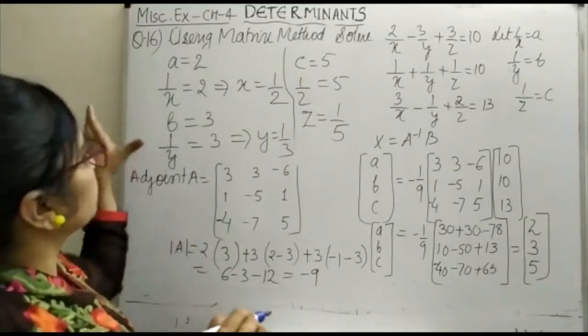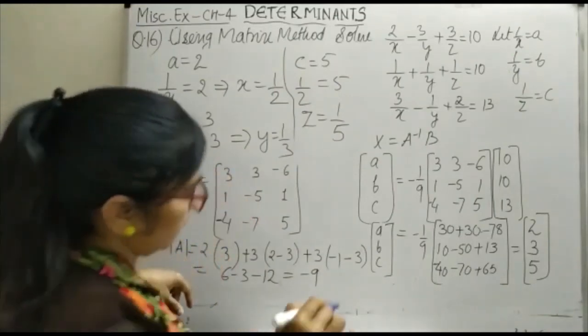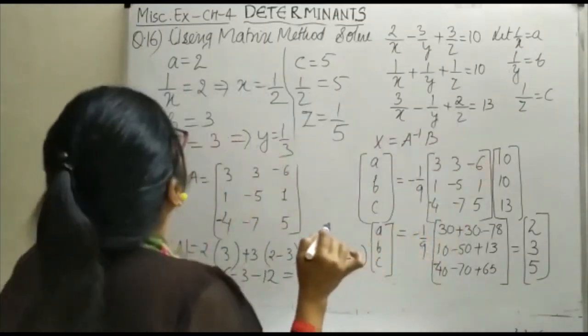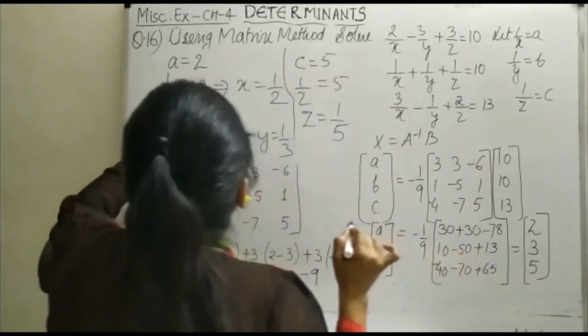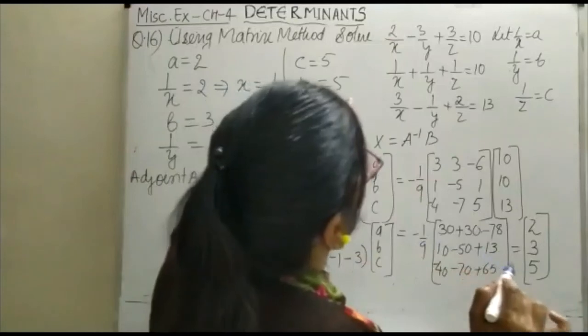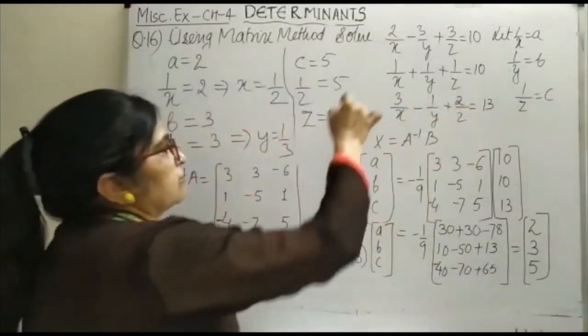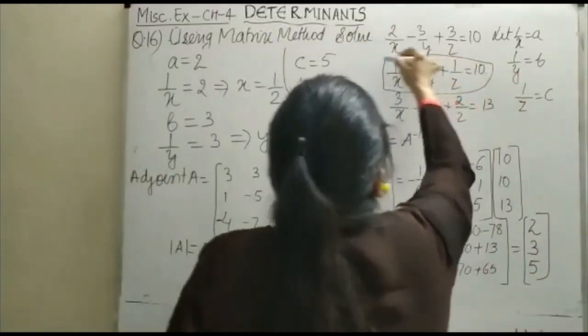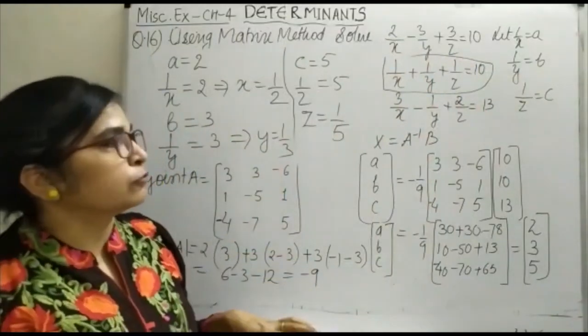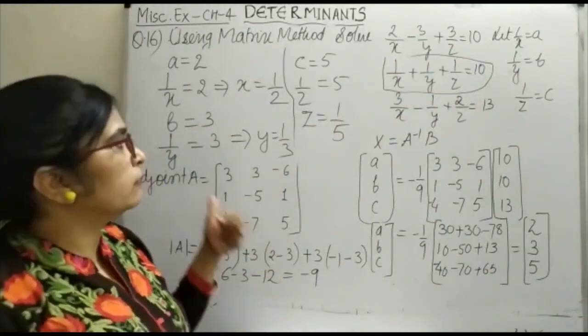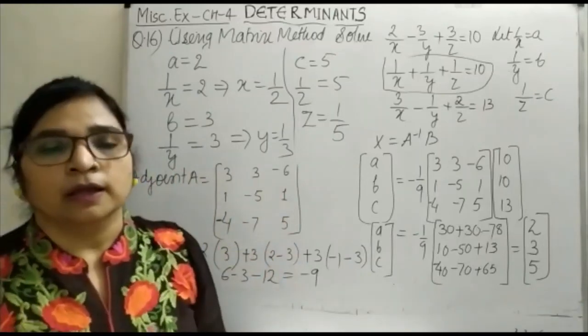See, once you get the values, you can get it cross-checked and find out whether it is correct or not. Like 1 upon x is 2. So 2 plus 3, 5, again plus 5. You can see that this second equation is satisfied. If the values are correct, all the equations will be satisfied. So according to your convenience, you can keep in any of the equation.